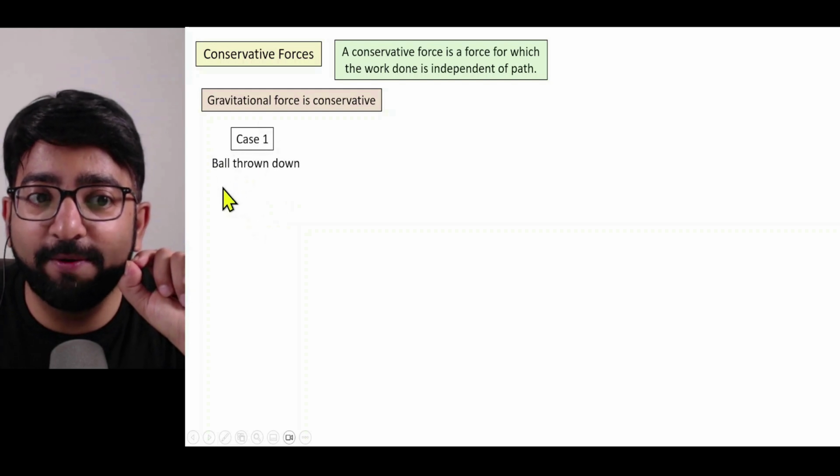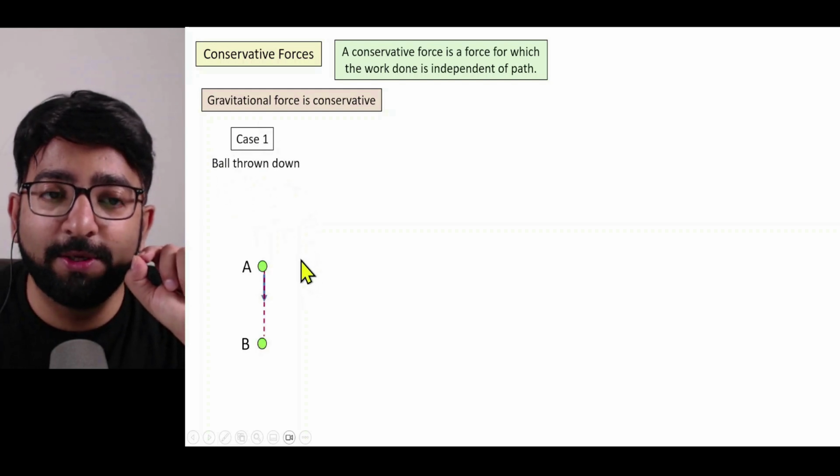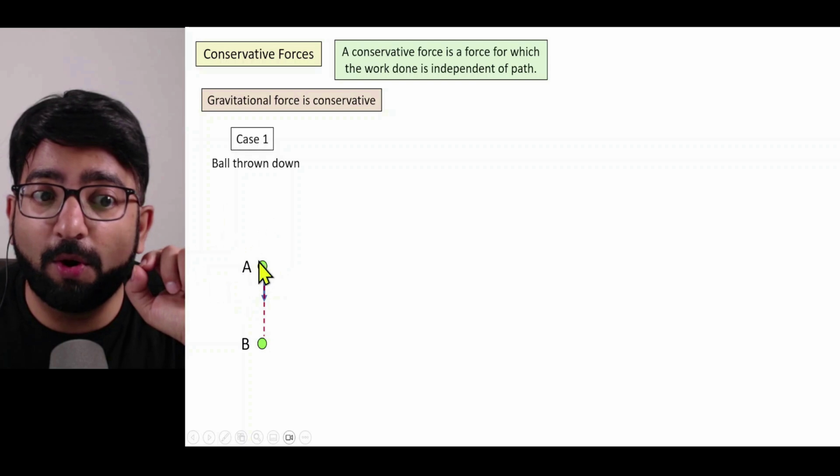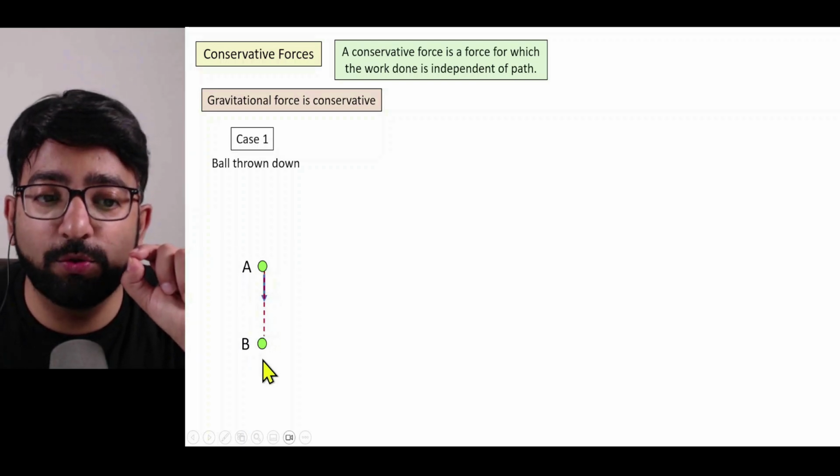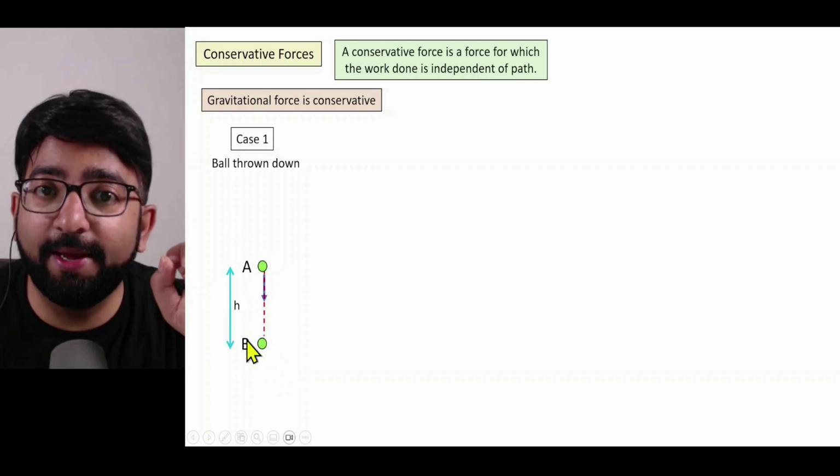Let's consider case one, where a ball is being thrown down. Have a look at this image. We have a ball which is initially at the point A and it is being thrown downwards to the point B. Distance between A and B is